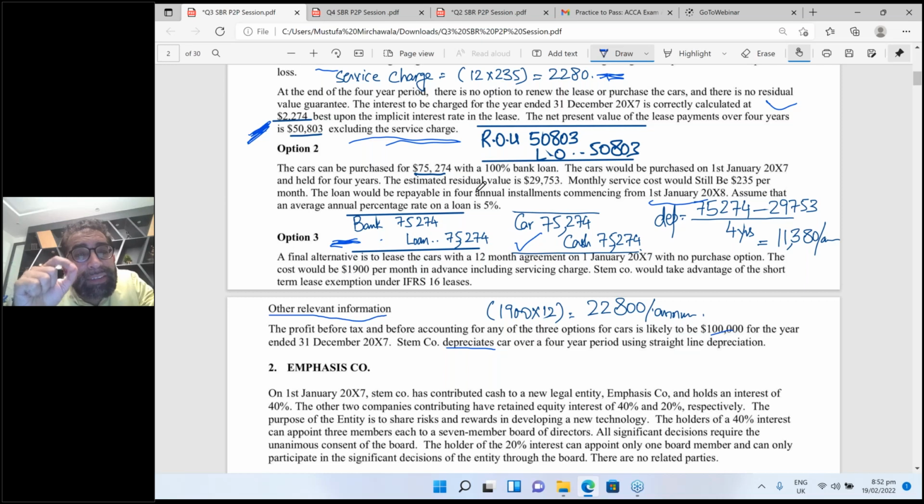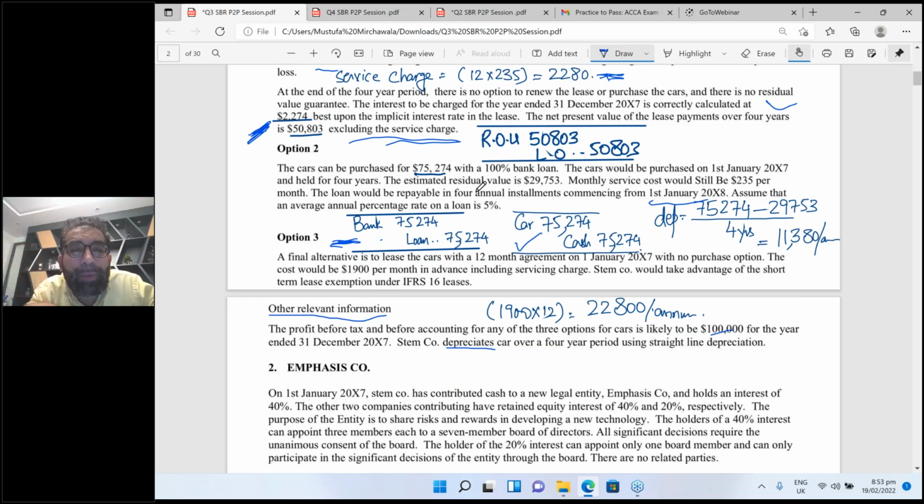and there is interest accrued that will be added. You have used the loan for the whole year. Listen, repeat: by the end of the first year you didn't repay a single penny to the other party, plus you used the loan for the whole year, so there is accrued interest as well. That will be added to your loan liability. So the total liability at the year end is